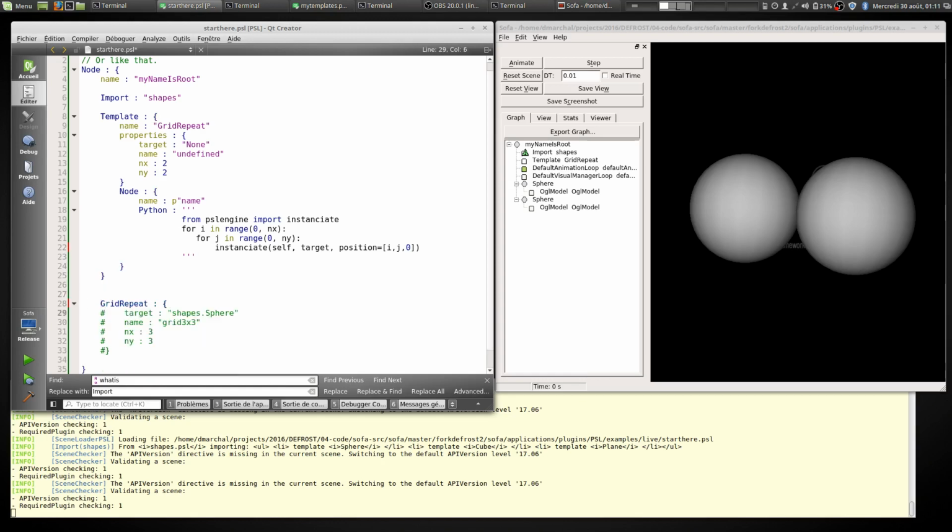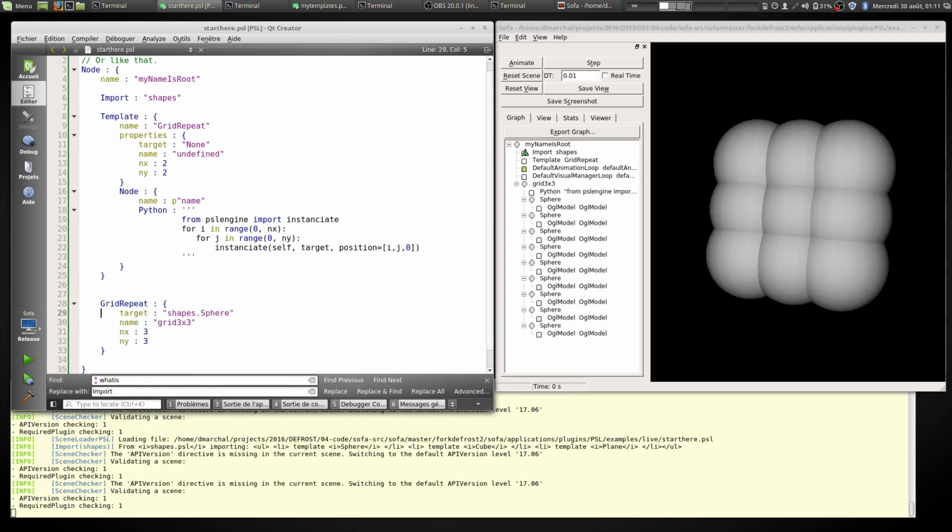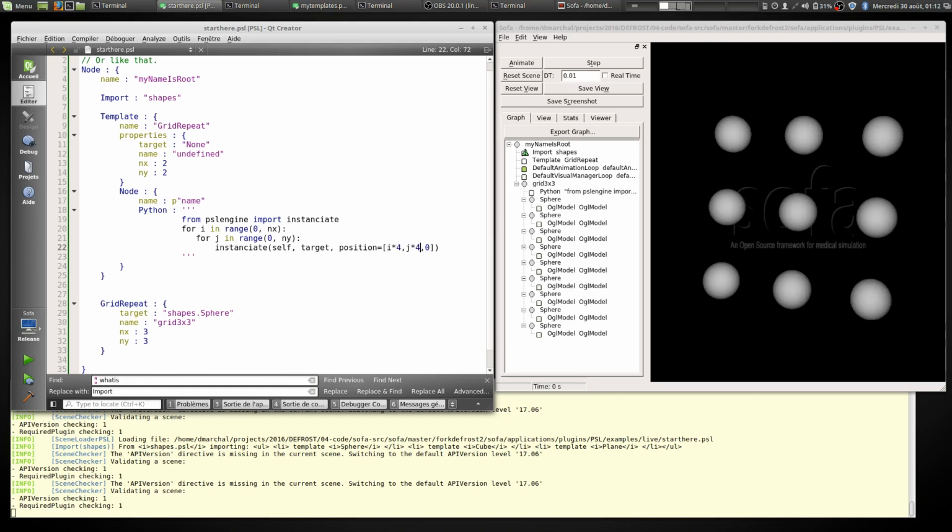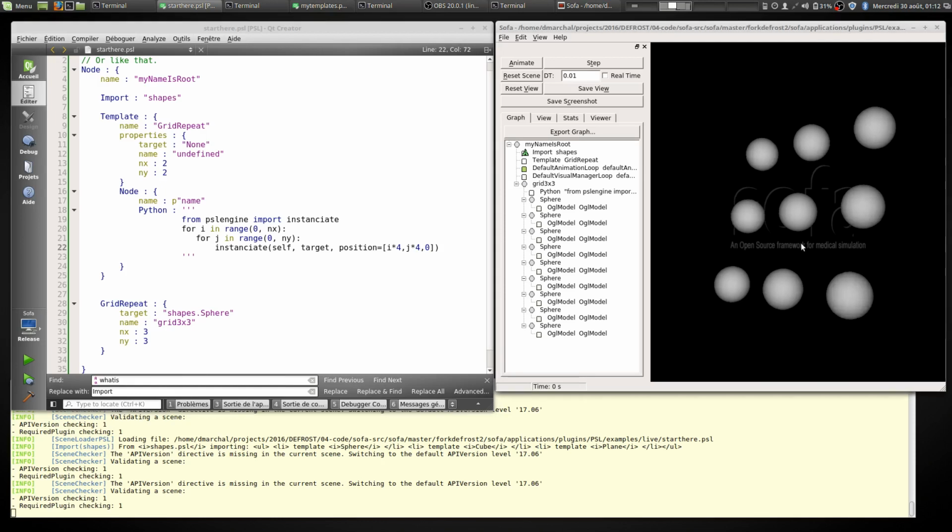Let's uncomment that. So it's working. Of course, the spacing is not very good, so we can increase it, which makes things much better looking. And so, of course, we can now have our